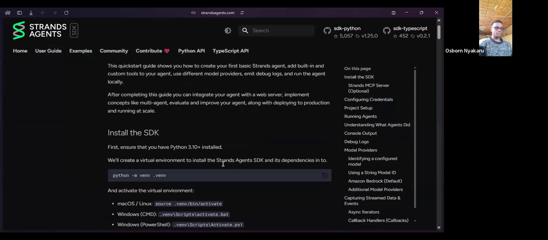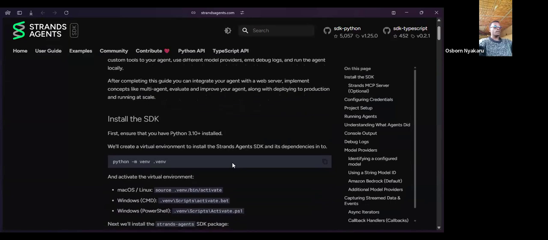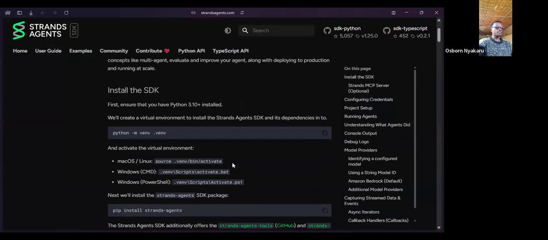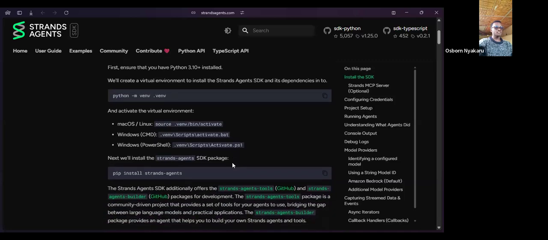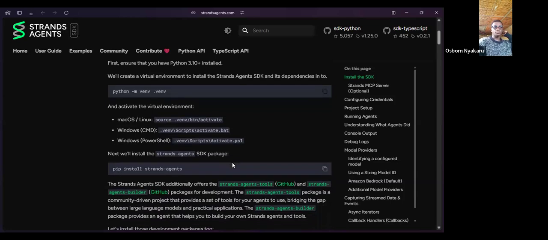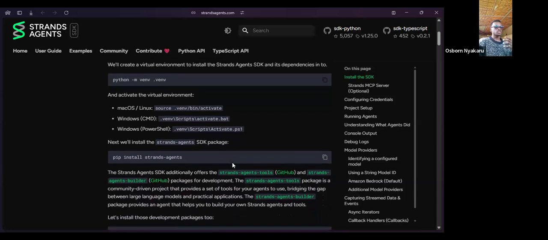That's the first thing that someone has to do. Then you install the Strands agent itself via the SDK package, which provides access to Strands agents and all its tools.